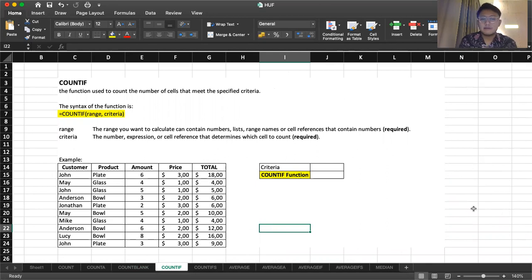The range you want to calculate can contain numbers, lists, range names, or cell references that contain numbers. This one is required. And then for the criteria, the number, expression, or cell reference that determines which cells to count. And this one is required too. So we may not forget these two items. So when you only input the range, but you don't input the criteria, it may not